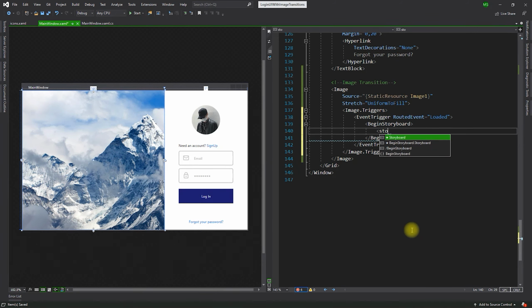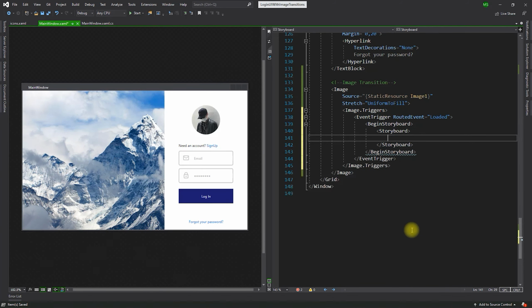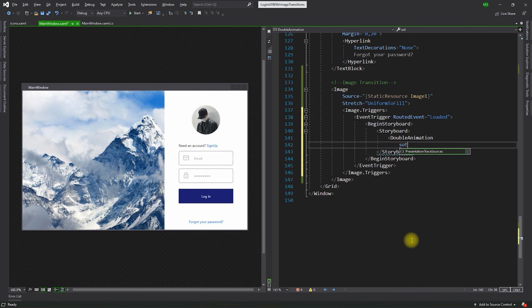So what is storyboard? In basic terms, it is the timeline that is created as soon as the event is triggered, in which you can specify the actions you want to perform on the control, which in our case are fade in and fade out transition effects. Since we have already specified the initial image to our image control, our first animation will be fade out. Since we want to animate the opacity, and as we know it is a double property, we will use double animation. Now set the following properties. Target property as opacity,